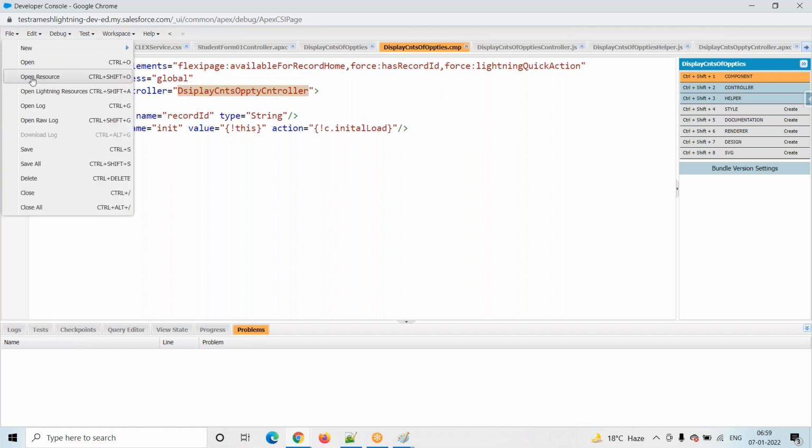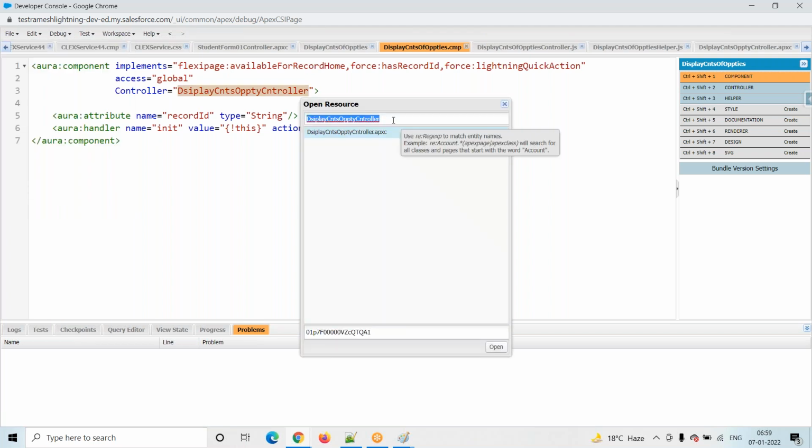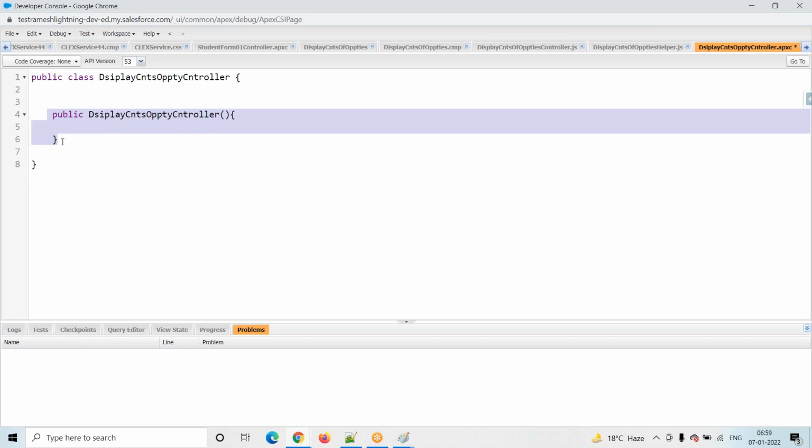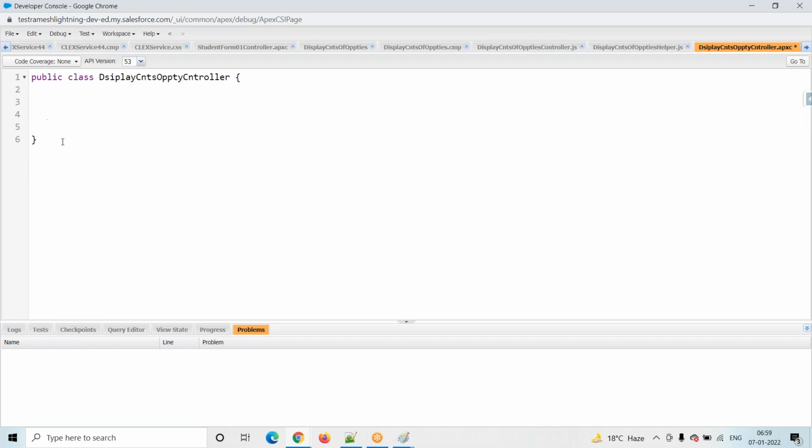Now go to this particular method. Open this one. Yeah, this is my method. In this method, where will I write the logic? Suppose I write a logic inside the constructor: the lightning component will not identify it and will never call this constructor. Whatever logic we implement inside the constructor will not execute. So whenever we are calling an Apex class from the lightning component, we should always implement our logic inside a method only.